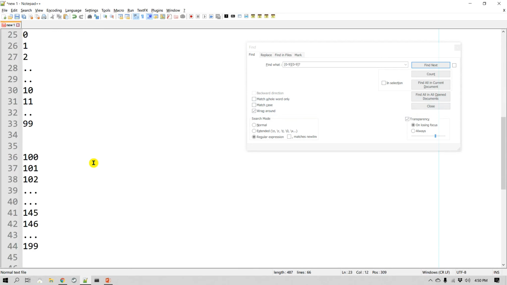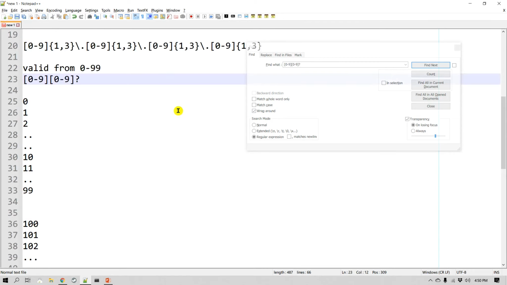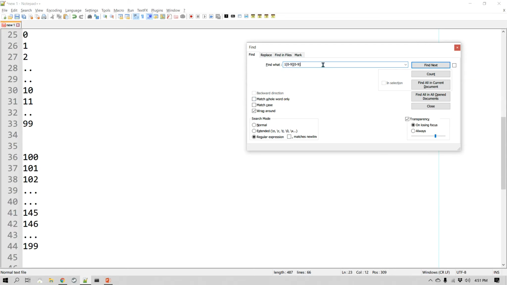Now as the number becomes 3 digits, we again have a little bit of a problem, because it only matched a part of it, if you notice just now. So here is what we can do. We can just put 1 here. Now it will be 1 followed by these two numbers. So 100 to 199 should be matched by this regular expression, or regex.